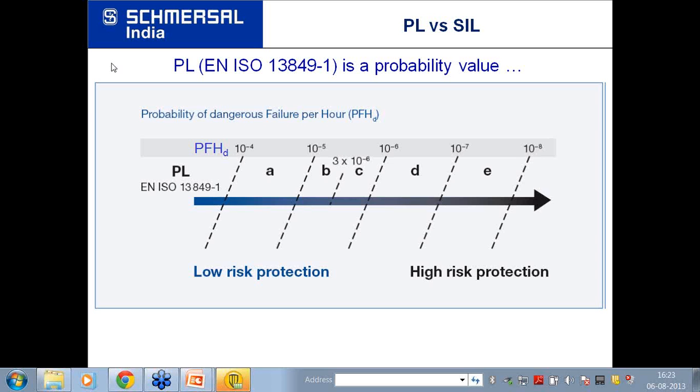Mr. BK Sahu has asked what is the standard number for robotic systems. I think I have already given it, I'll give it once again.